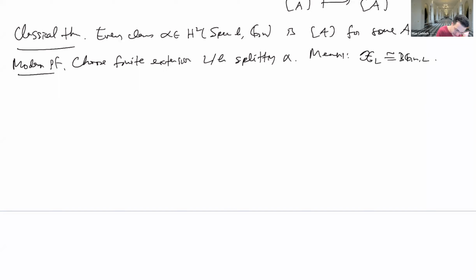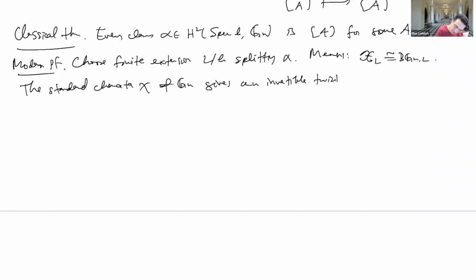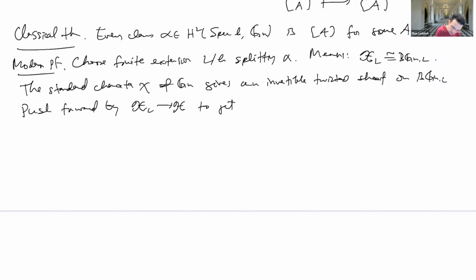And now the standard character chi of Gm gives an invertible twisted sheaf on BGm over L. That is to say, a twisted vector bundle of rank 1. And now we can push forward by the projection map to get a twisted vector bundle